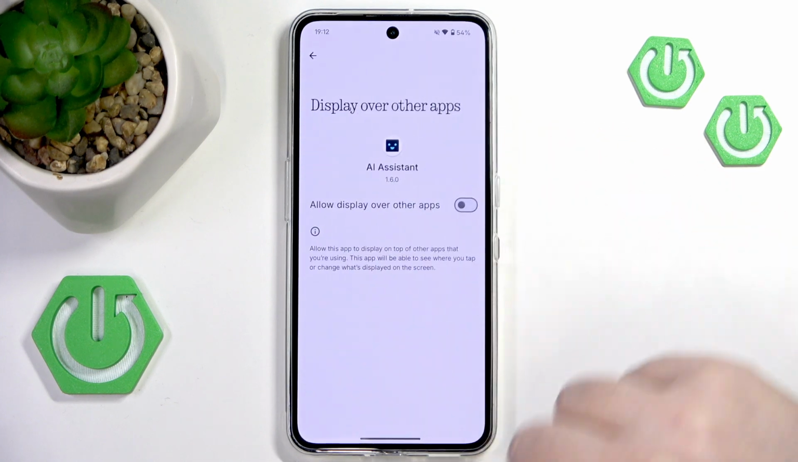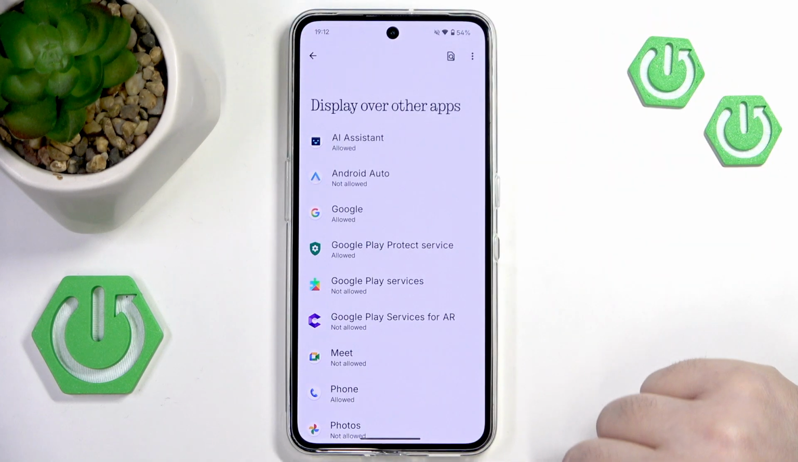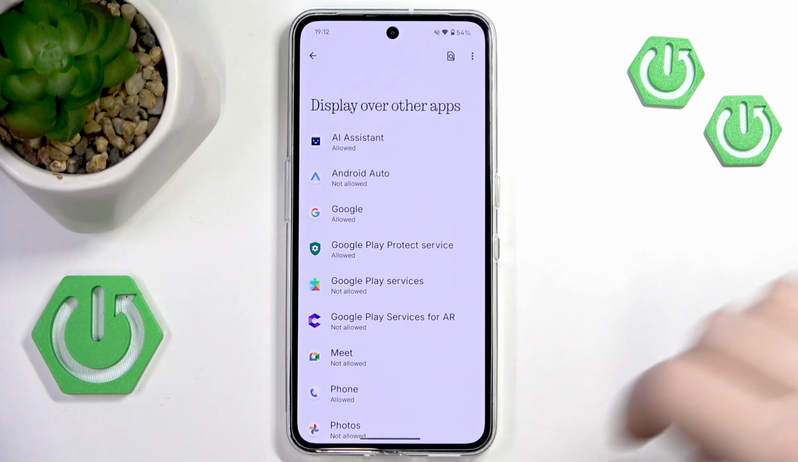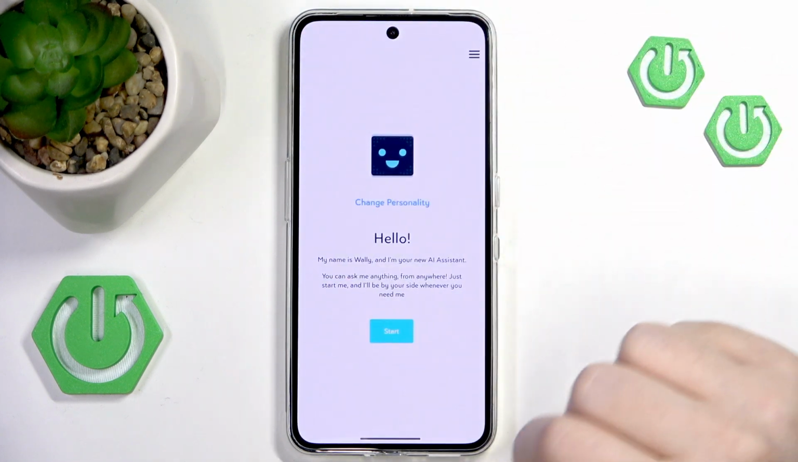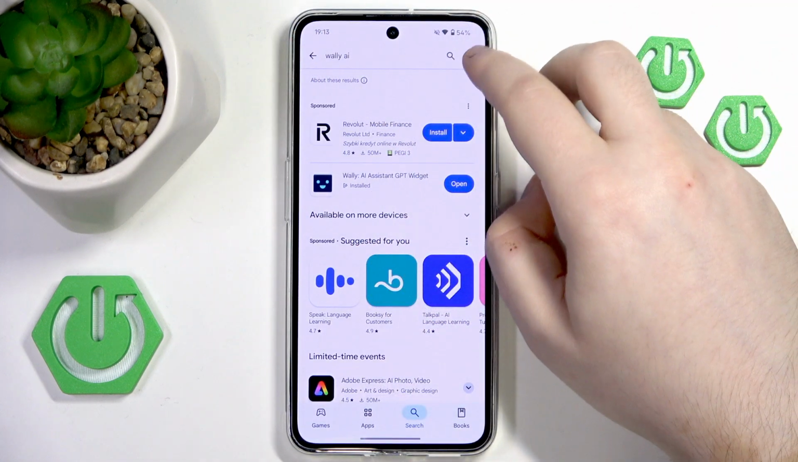then click on AI assistant and here you have to allow this app to display over other apps. Then you can go back, and as you can see my AI assistant is now allowed, so now you can go back again and click stop, and as you can see here is my ChatGPT widget and I can open it